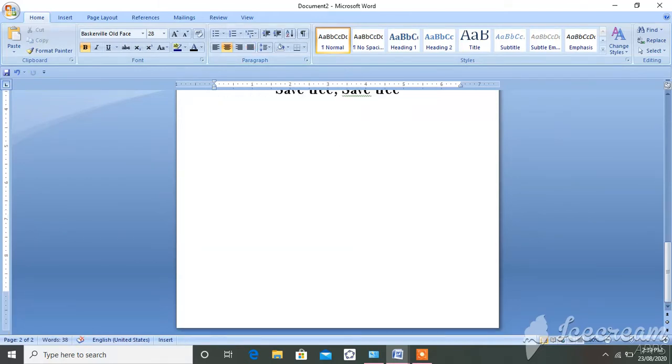Now let's see the last point, format painter. The format painter tool is used to copy the formatting of one text to another text. Formatting copy means, see, suppose I make the formatting on this character like this.